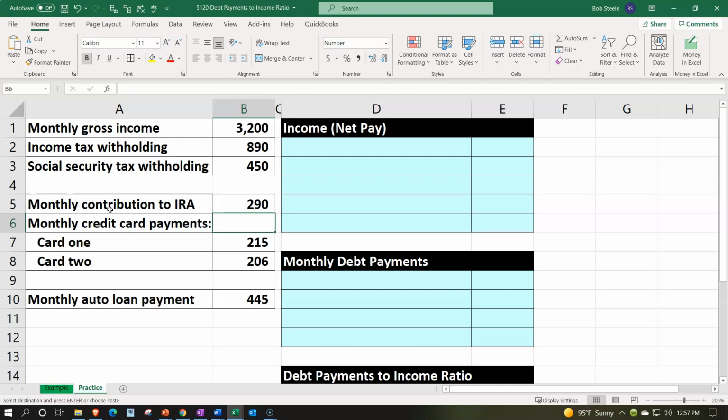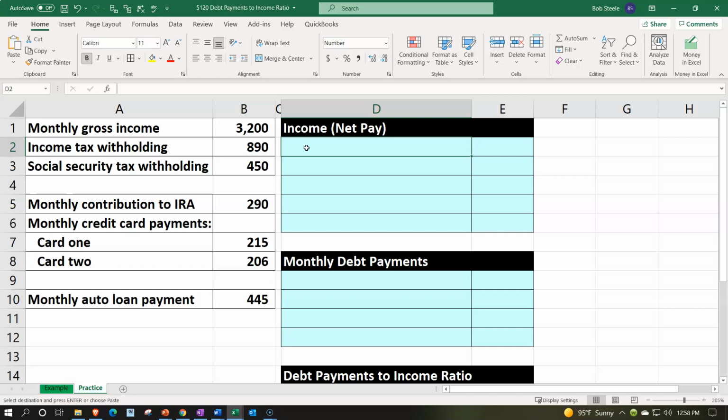Then we have the monthly credit card payments, which we're saying are credit card 1 and 2, and then the monthly auto loan payments. These are our debts that we're going to be dealing with. Now, first, we're going to take a look at what our income is, which we might call basically the net pay. Now, this is the first area that's a little bit confusing when you think about these kinds of ratios,